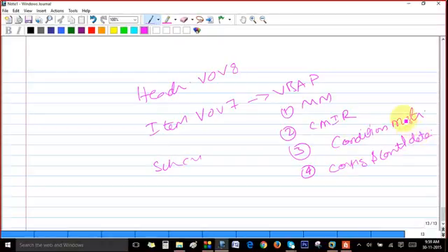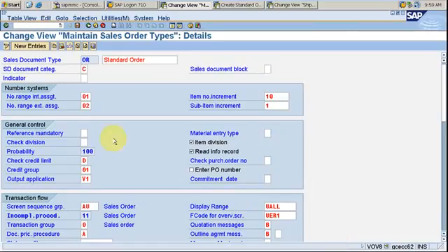Like say configuration in the sense what we do within the document. These are the configurations. Instead of D, I can maintain B here. Control in the sense, if I change the document type, everything changes. Okay, so there is document types. VOV7. The standard item category is TAN,